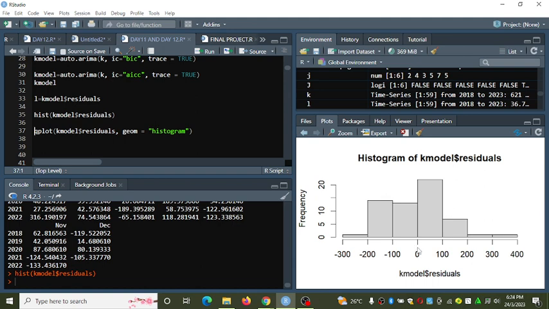Check here, we are from 0 up to negative 300, and from 0 up to 400. And this is the point here. This is the longest bar.